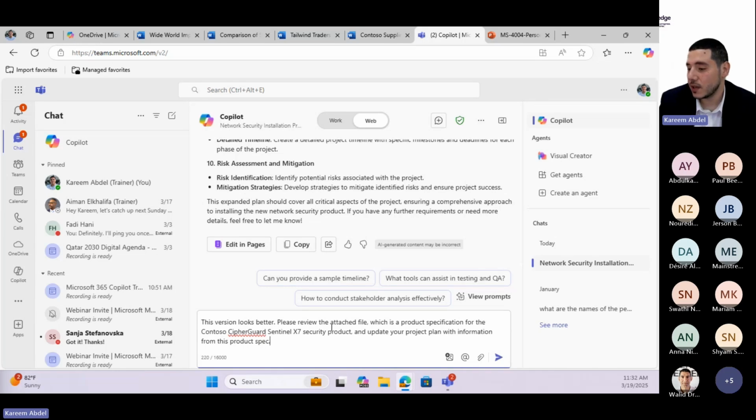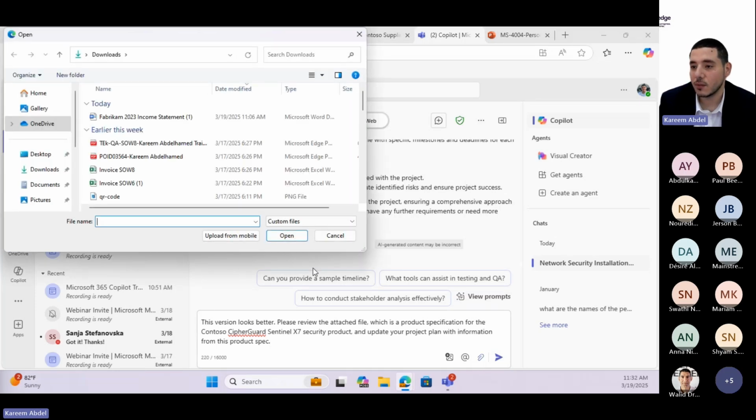I'll say this version looks better. Please review the attached file, which is a product specification for a specific product. And I'm going to ask it to update the project plan with information from this product specification file. So I'm going to go to